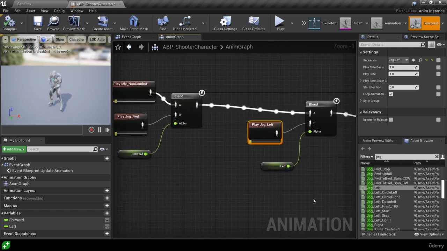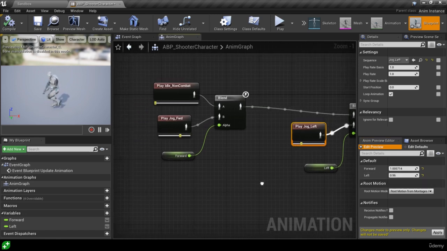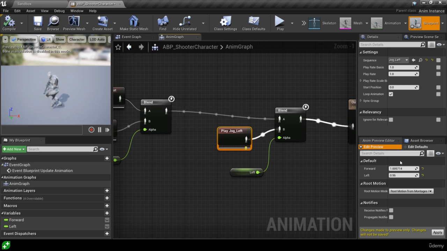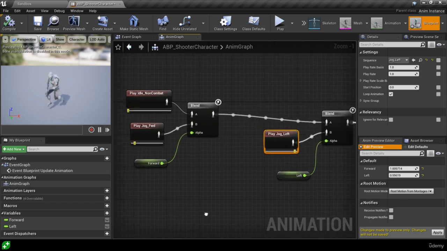So if we compile that, I was a little bit scatterbrained, but hopefully you get the idea. If we go over to the anim preview editor and we move forward, you can see that we start jogging. Reset that. And if we move left, you can see that we start moving left. And crucially, if we do both, move left and start jogging, we should see a blend, a little bit of both. Here we've got that forward being blended. If I have a little bit less of the left, 50% of the left, you can see I'm kind of moving. It's a weird looking animation. It's not blending it particularly well, but you can see that it's playing both the jog left and the jog